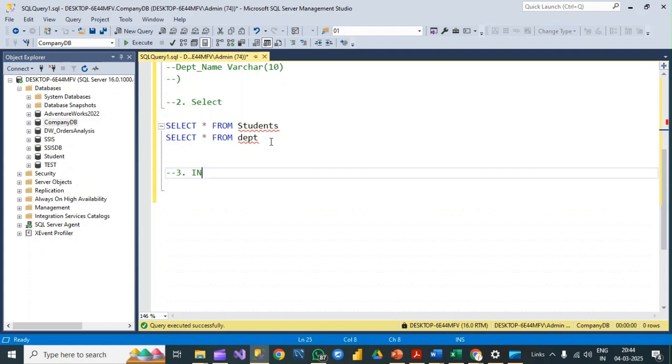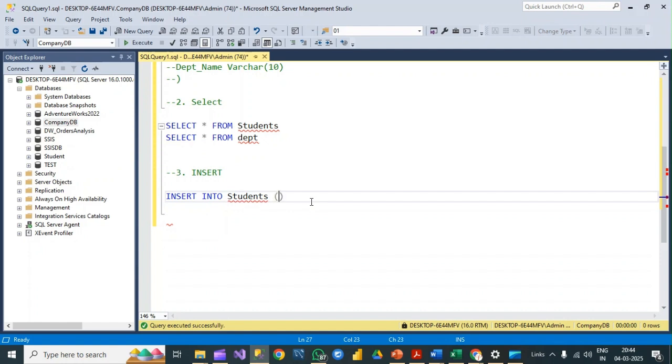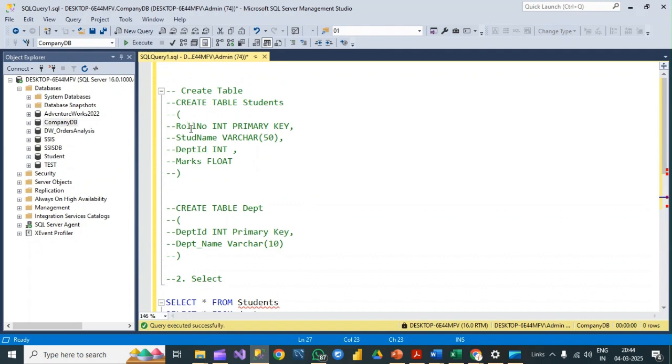Okay, so the insert command. Basically, the insert is useful for inserting data into a table. So for that the syntax is like this: insert into, and after that the table name. So this is my student table, so I will use student, and after that the column names. In a student table there are roll number,